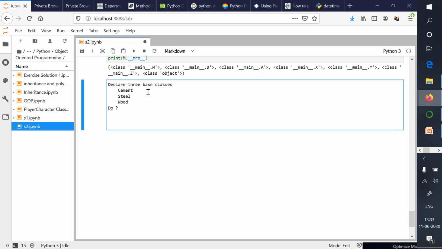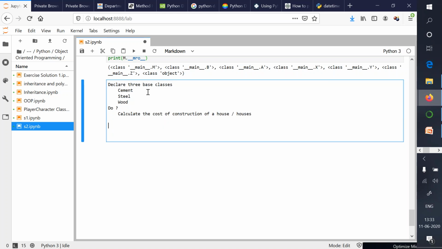What you need to do is calculate the cost of construction of a house or houses, with inheritance hierarchies like this.